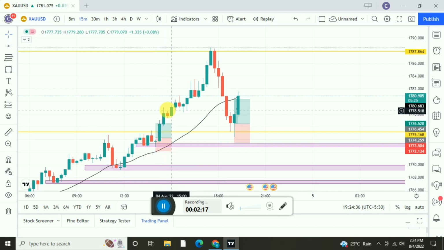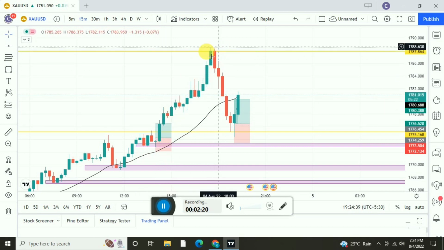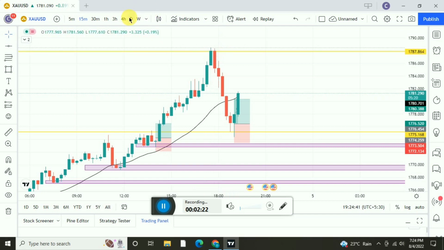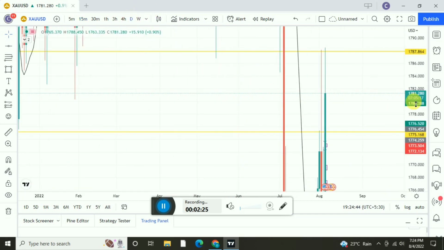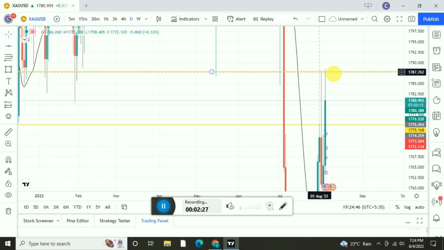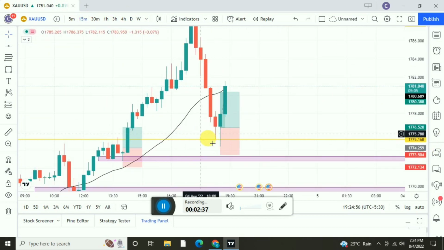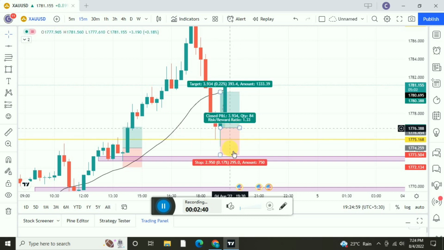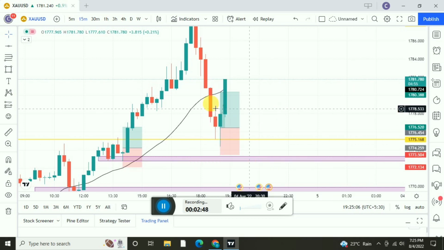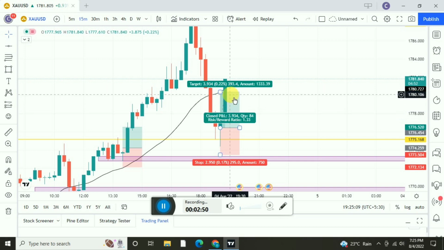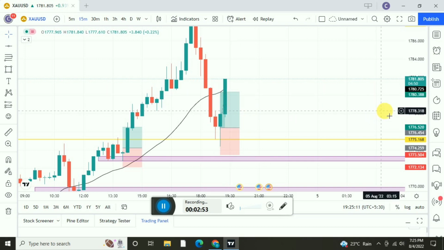But as you can see, the market went upwards and it created this high. It touched this high because in the daily time frame, there was a high over here, this red candle. This red candle was the 2nd August high. So it broke that level, it took that liquidity, and again it came back. When it came back to its original point, there we placed an order with the stop loss. As you can see in the video, our stop loss was the same, 1773.5. You can check at the beginning of the video, and you can see I exited over here and I booked $10.